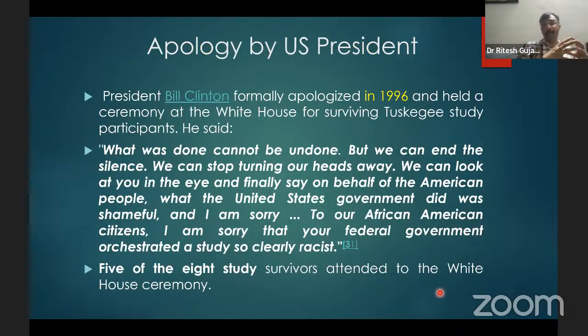Now, after 1972, a whistleblower shared this information into the public domain. From 1972 to 1996, nobody talked about this. President Bill Clinton formally apologized in 1996. It means after 24 years, the research experiment started in like 1932, continued up to 72, that is 40 years. Nobody asked any questions. All the politicians knew that such kind of harsh experiments were done with blacks,